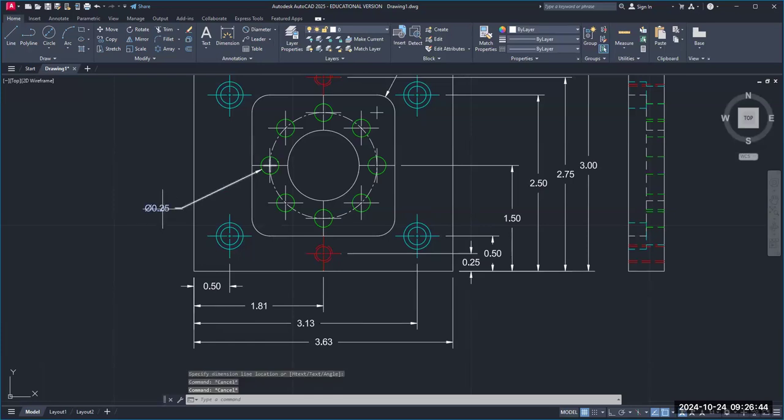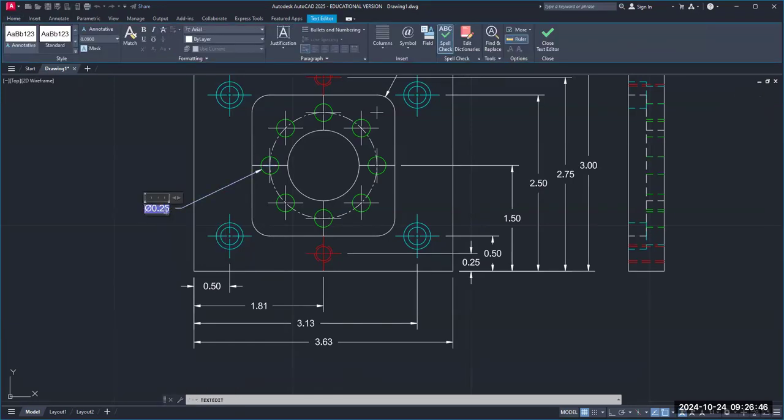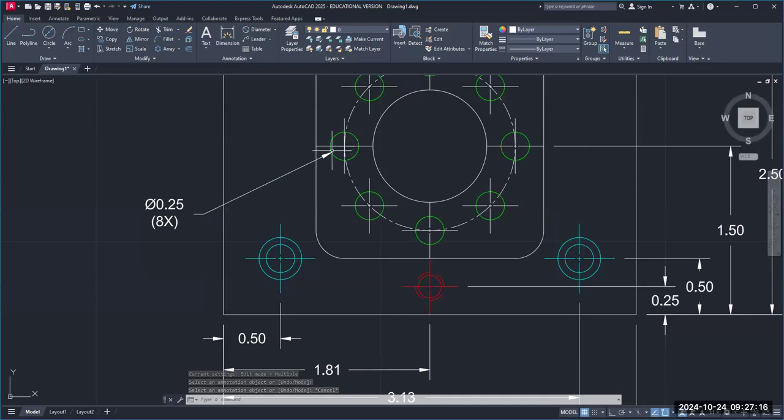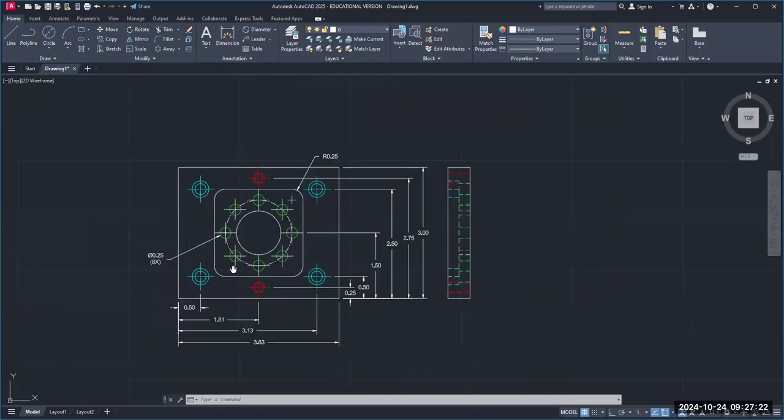And by the way, I'm gonna double click on this and I'm gonna add a note. You have to kind of move your arrow down here and pray that it works. Hit your arrow button on the keyboard, space, and we're going to say parenthesis 8x, close parenthesis, and then click on your screen and enter. So that says that hole is 1/4 of an inch, 8 times, okay? All right, now,